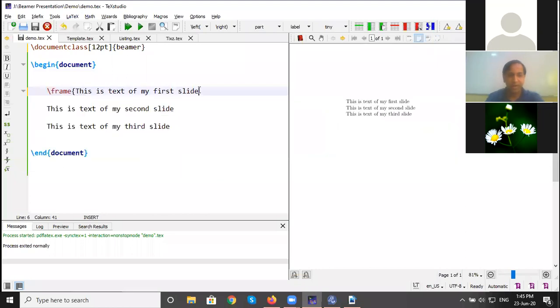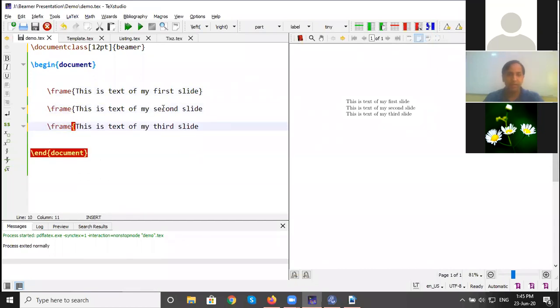We add the frame of the first text. Whatever you want in your first slide, that text comes in the curly brackets. Start with frame, curly bracket, and then end that frame with another curly bracket. Similarly, for the remaining text, I'm adding the slides. Now you can observe carefully.